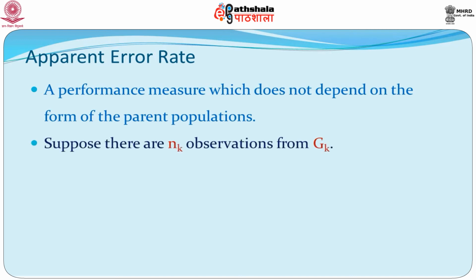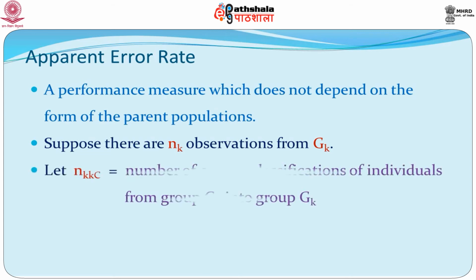In this case, we look at a slightly different performance measure. Now, suppose there are nk observations from Gk, and we will denote by NKKC the number of correct classification of individuals. So, KK actually means that we have an individual from group K who is classified into group K, and